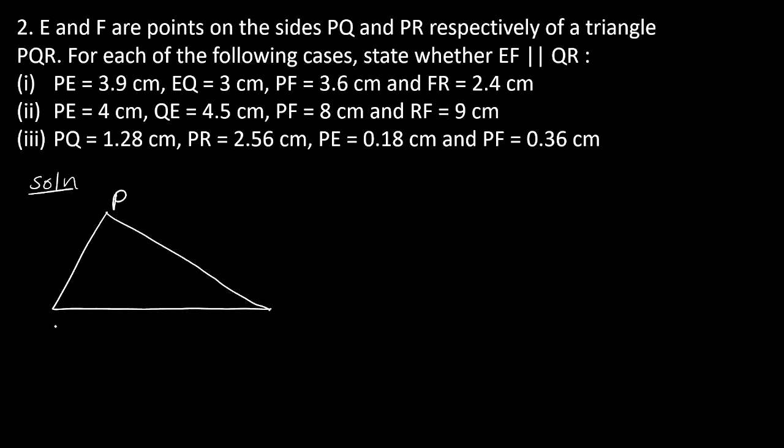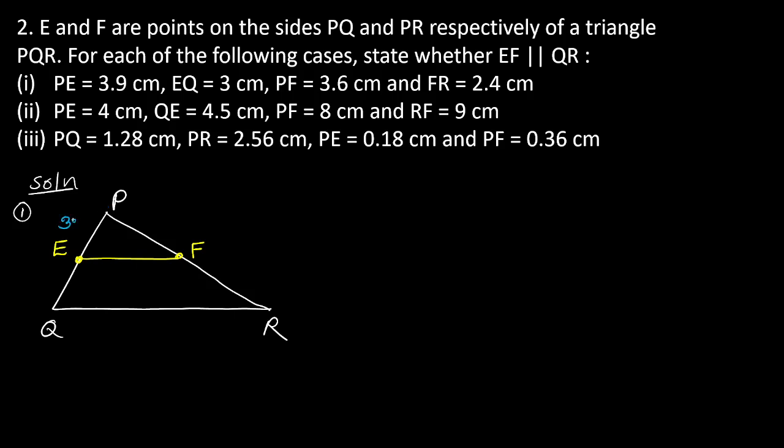We have a triangle PQR. I am answering the first question. E and F are the points on PQ and PR. E is a point on PQ, understood? Given in the question, F is some point on PR. I am just joining them. We have to check whether this one and this one are parallel or not. In the first question it says that